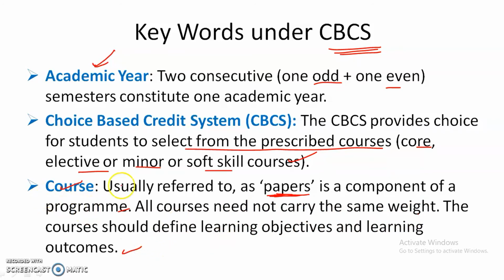So what exactly is the course or the paper? Let's take one semester. In this semester, if 6 subjects are there, let's take the first subject. Generally we will call it a subject, but as per the CBCS notation, a subject can also be called a course, or a course can also be called a paper, right? So like that, one course, the second course, third course. So how many courses are there in this one semester? 6 courses or 6 papers are there, fine.